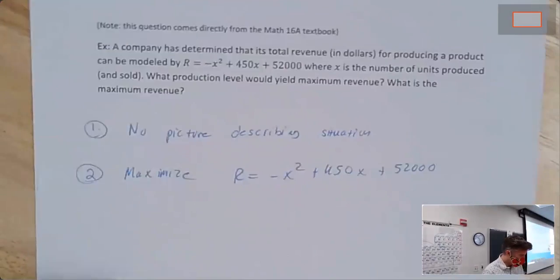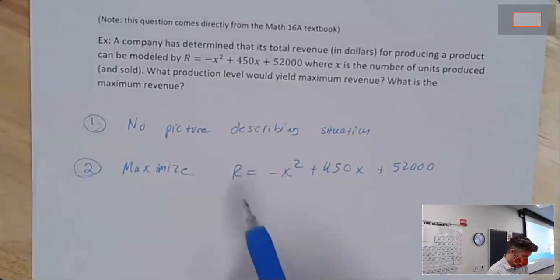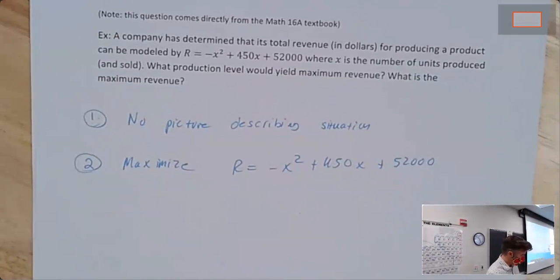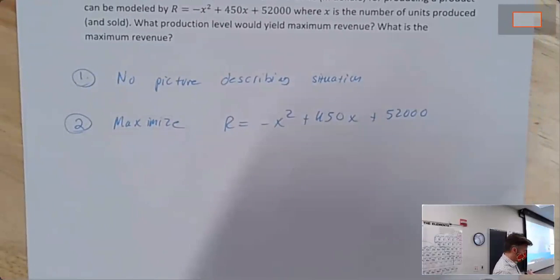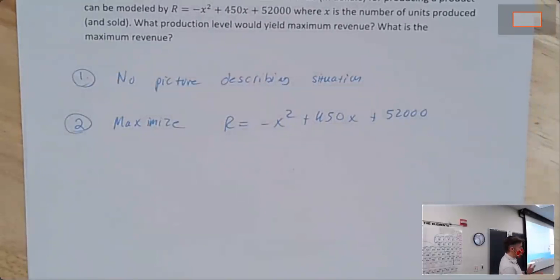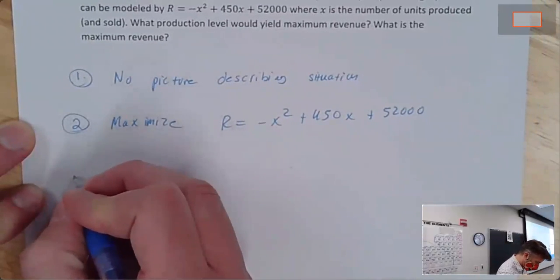It's fine. But the previous problem, right? We needed to look for a constraint because area was a function of x times y. Here, r is already given to us as a function of x. So really, we just need to go find the coordinates of the vertex, right? We don't need to solve the constraint. We don't need to plug it back in. We just get to skip ahead and say, all right, I want to find